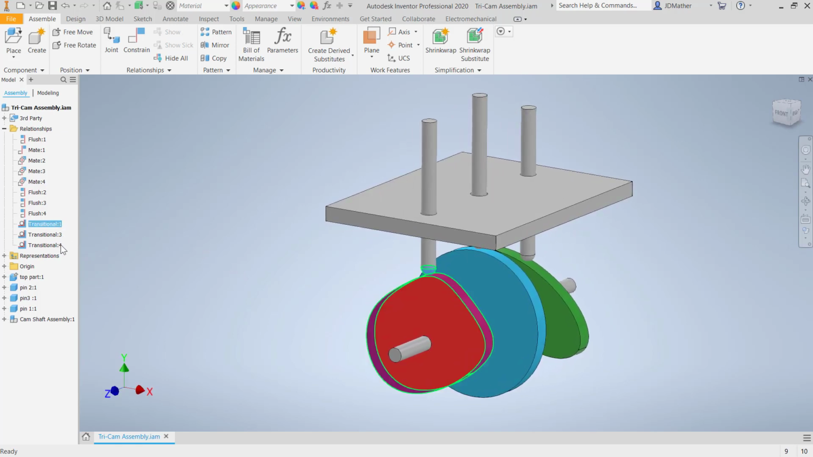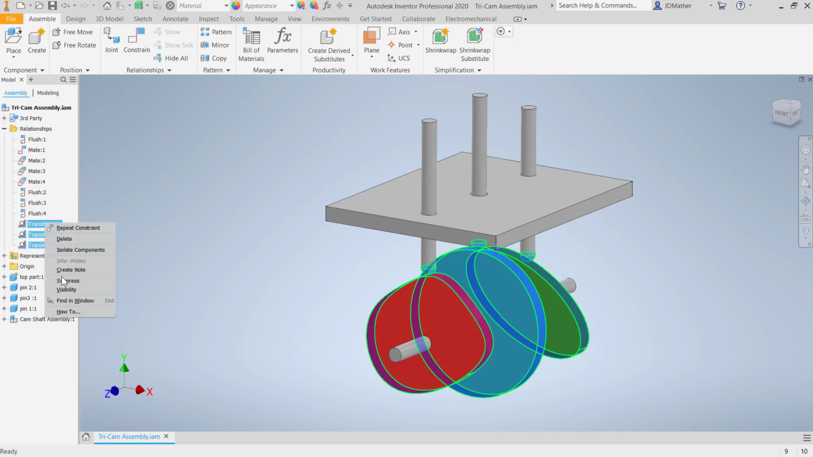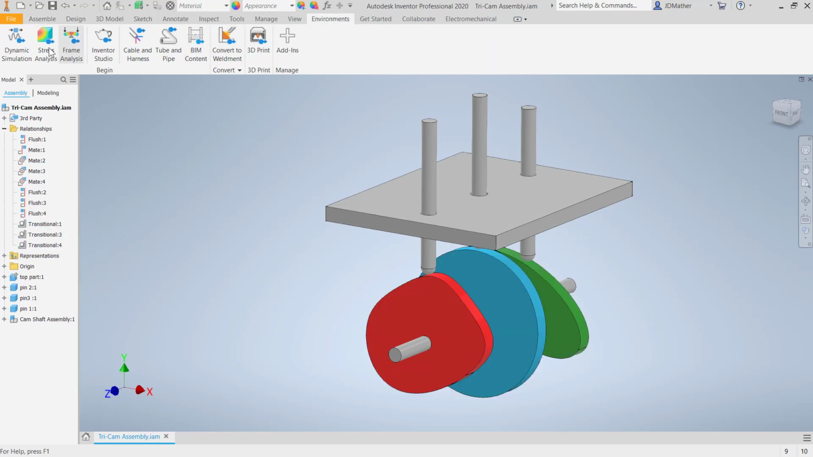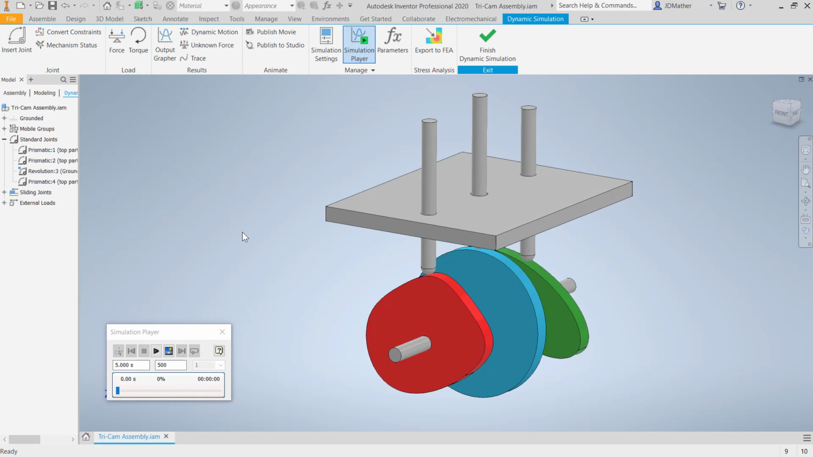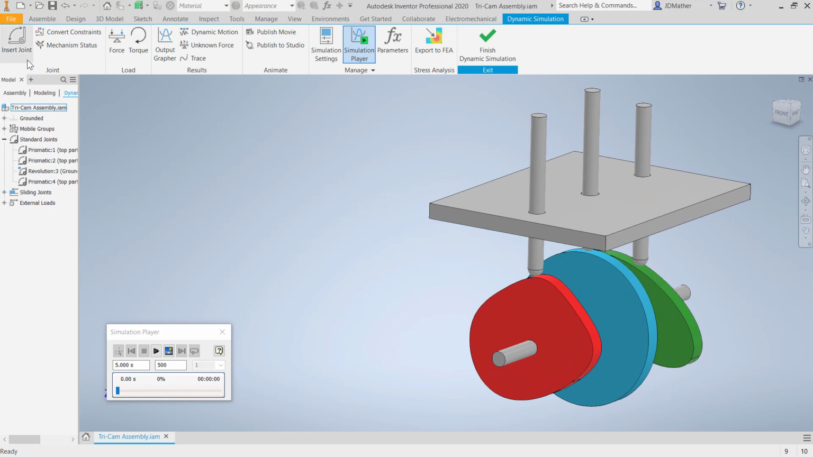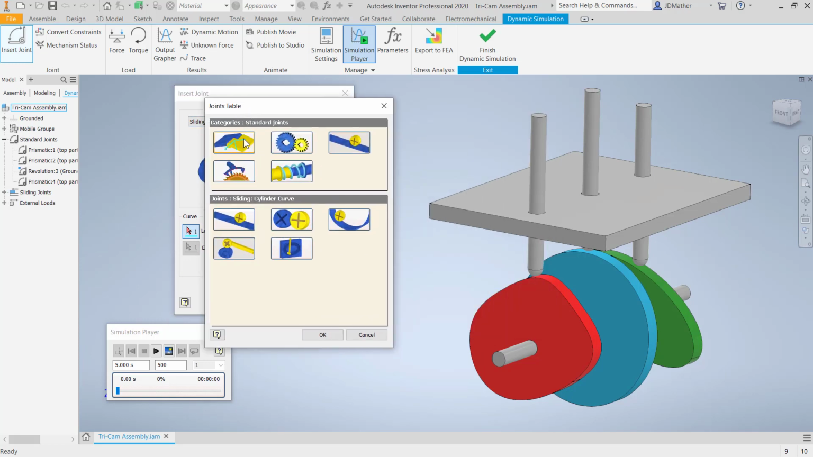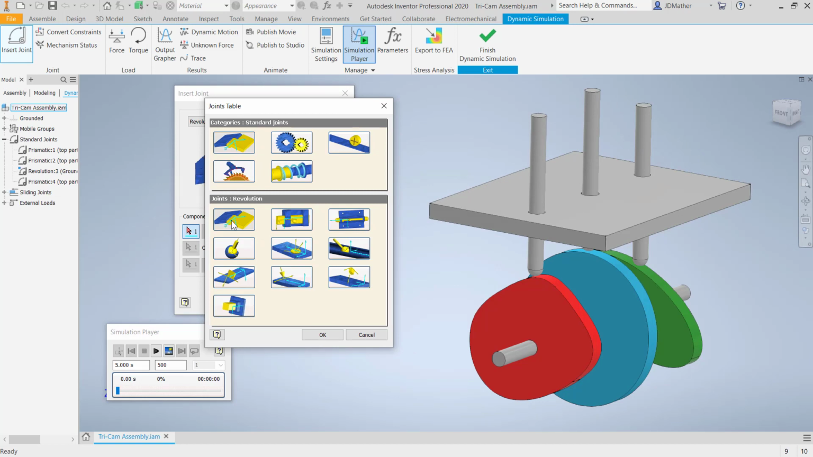I'm going to suppress these three constraints, or these three. So let's suppress those, and I'm going to go to Environments, Dynamic Simulation. And in dynamic simulation, I have a whole library of different types of joints. If I click on the joint and go to the joints table, I have a whole bunch of standard joints: revolution joints, prismatic, cylindrical, point line, spatial, or just 6 degrees of freedom. So a whole bunch of different types of standard joints,